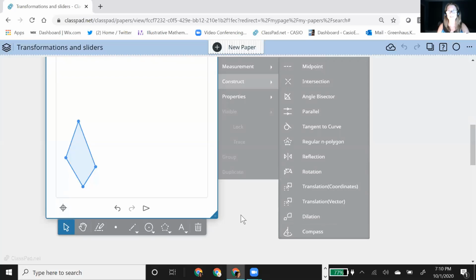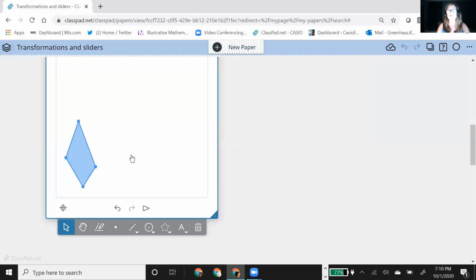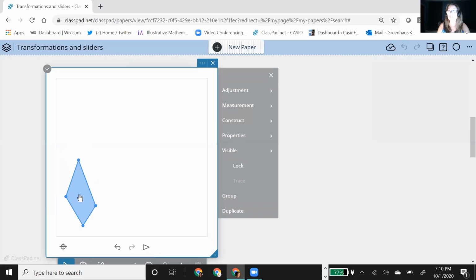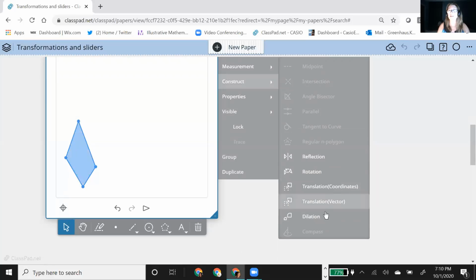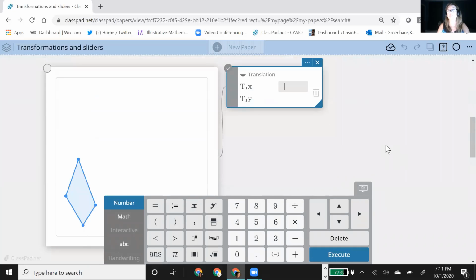So let me just quickly demonstrate. It's very easy. I want to select this shape, and let's just do a translation first. So I've selected it. You always have to select something before you're allowed to do anything. I'm going to go to construct, and here's my choices. And if I hit translation by coordinates, it's asking me, well, what coordinates? How do you want to slide it?